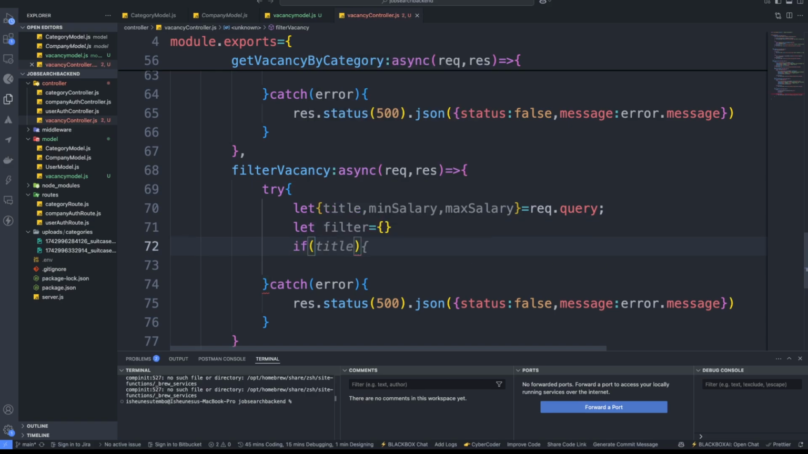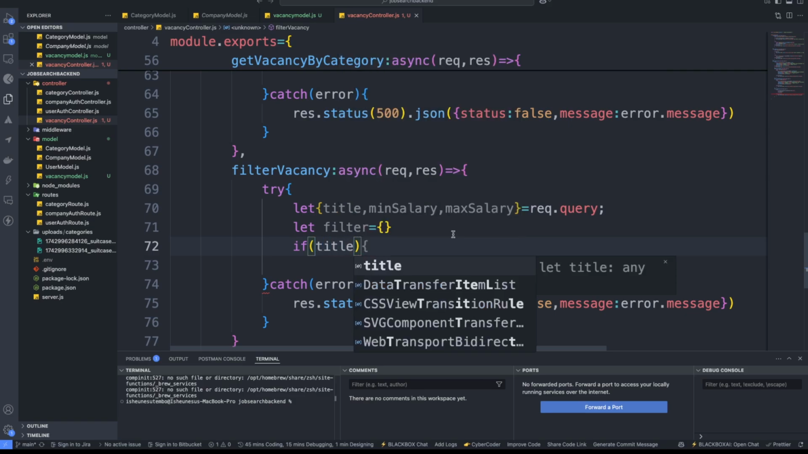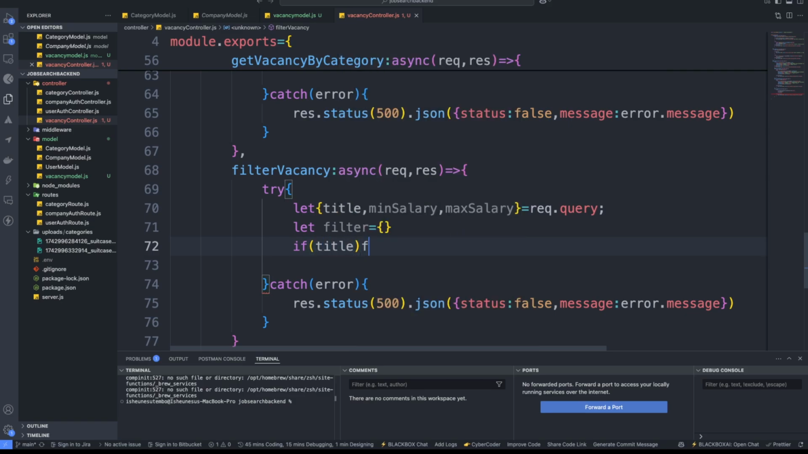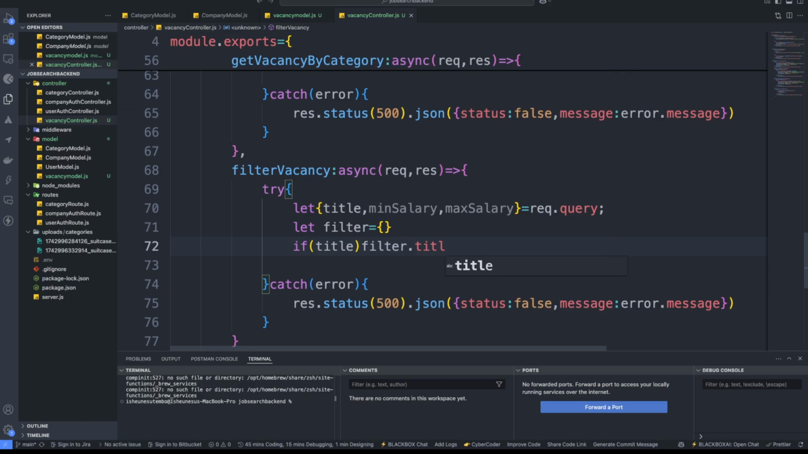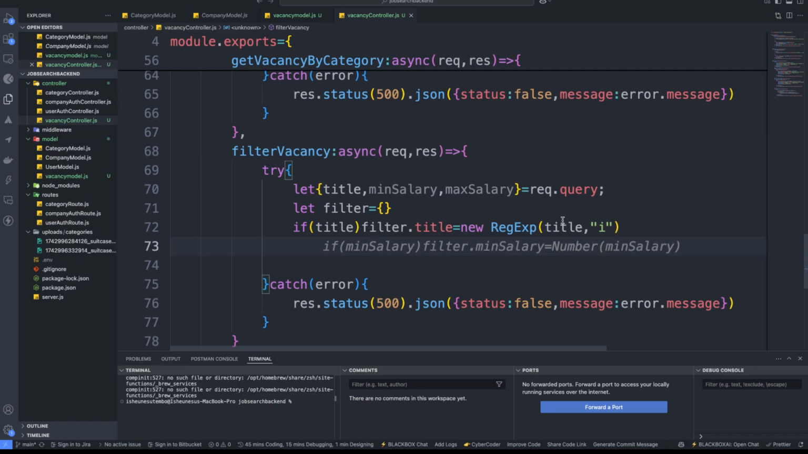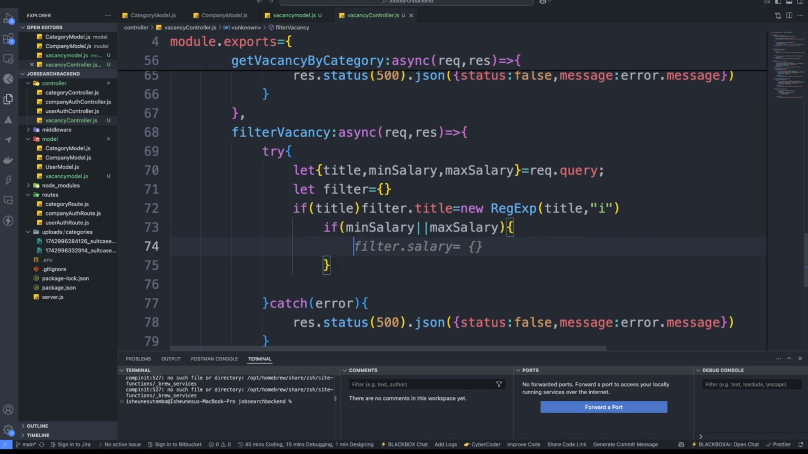So if we have the title, right, if we have the title, and then filter.title goes to a new regular expression, right, like this, right? And then now we need to take care. So if we have any of the minimum salary, right, or the maximum salary, right, if we have any of those values, what we are simply going to do